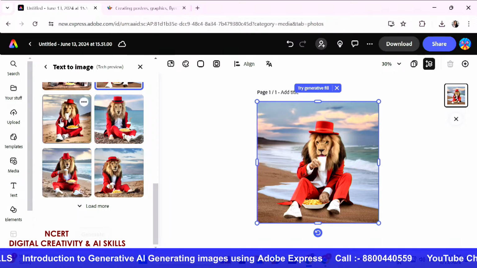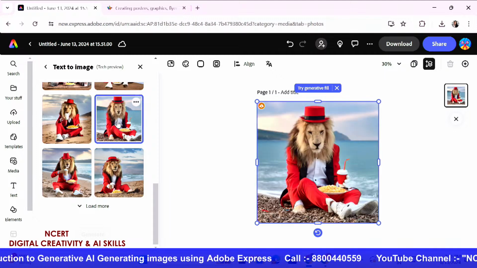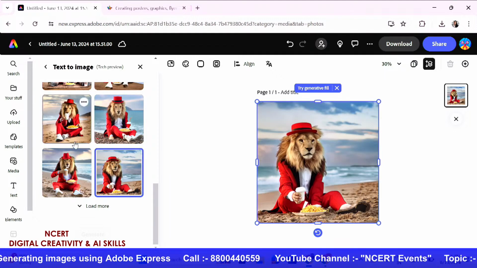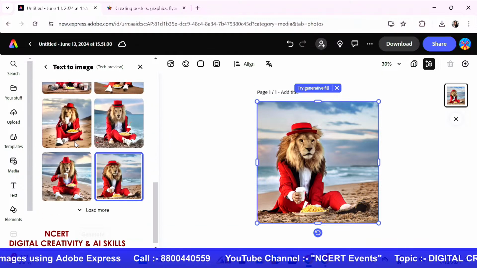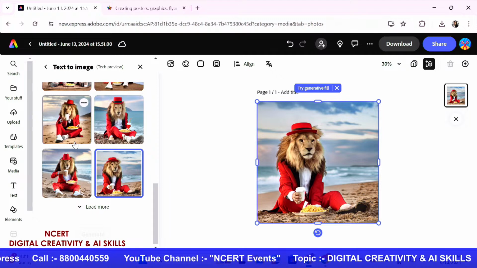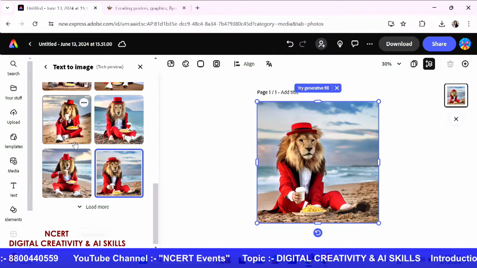As you can see, there are several images I can click on, and whichever image suits my need best, or is the image that I imagined, that is something I could use. Now teachers, I would like to add a few more things. A lot of times we are looking for images that we do not necessarily find on the web, right? We scroll and scroll for hours and we don't get a similar image to what we're thinking about in our head.